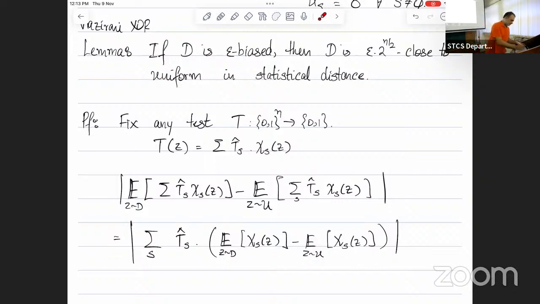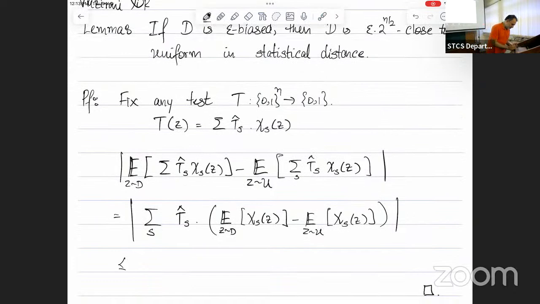Okay, so therefore, what you end up with is that this is at most epsilon times the summation of the absolute value of T hat of S. At the moment, I don't know how to bound the absolute value of T hat of S, just adding up all the Fourier coefficients. But I do know how to bound the sum of the squares of these things. So let's get to that using Cauchy-Schwarz, because I'll write this as this times 1, which is at most epsilon times the square root of the summation of T hat S